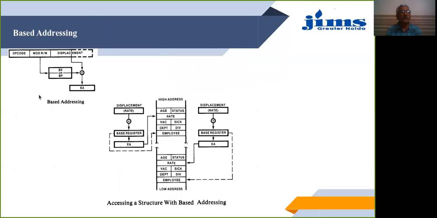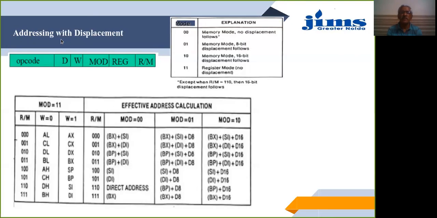Then let's discuss all these one by one. If it is the based addressing, again looking back here in this table, you can see here it is based addressing along with 8-bit displacement. It is based addressing with 16-bit displacement. So it can be purely based or indexed or both, or it can be based, indexed or both plus 8-bit displacement, or based, indexed or both plus 16-bit displacement.